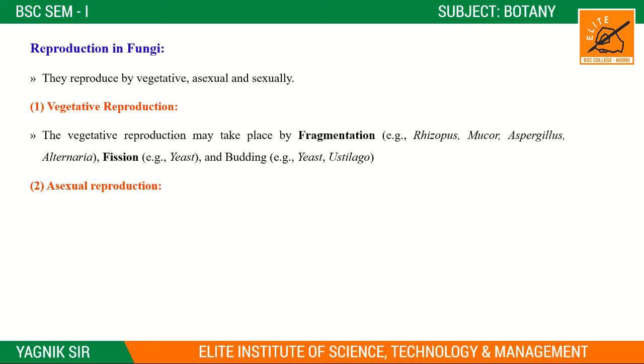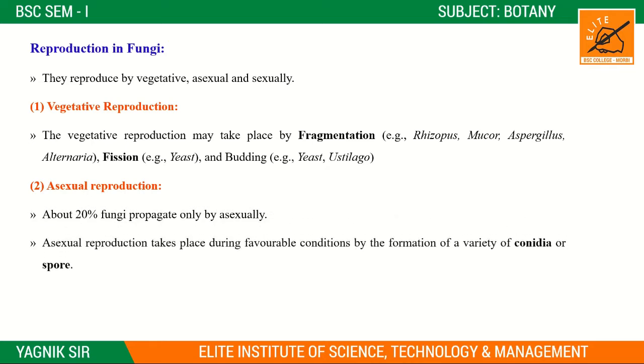Normally in this reproduction spores are developed, right? This reproduction occurs by what? By spores. About 20% of fungi propagate only asexually. Of the whole fungi community, about 20% of fungi reproduce only through asexual reproduction, right? So normally asexual reproduction takes place by